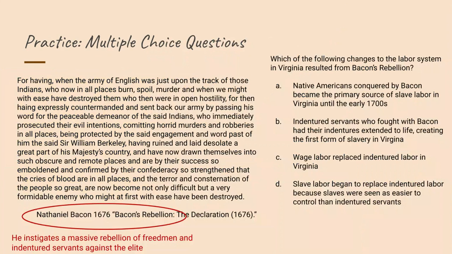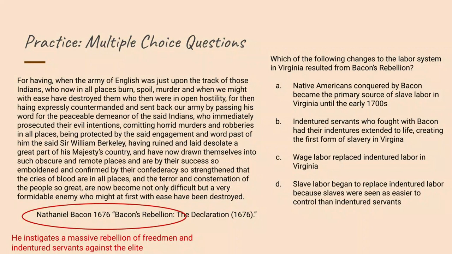And we know from our prior knowledge and what we read in the textbook that he instigates a massive rebellion of freedmen and indentured servants against the planter elite. We have that background knowledge already in our brains. And this question is asking us to consider the labor system, all right? And so if we go through some of our options, we can, with just current knowledge, probably break down